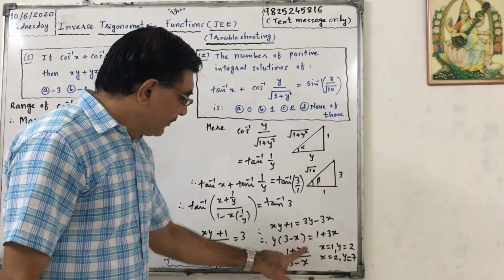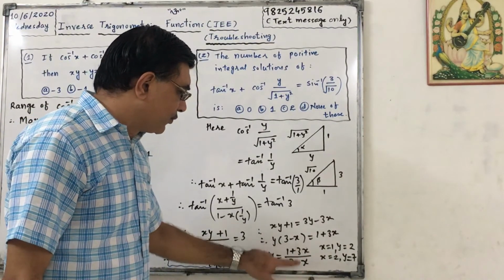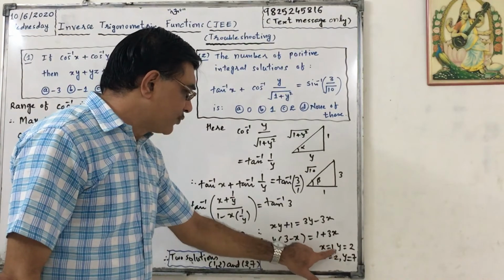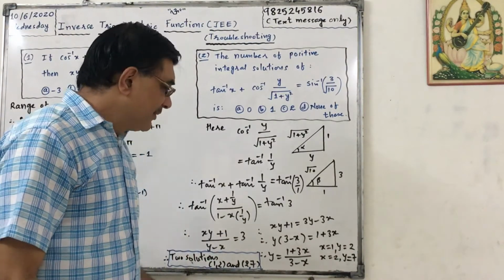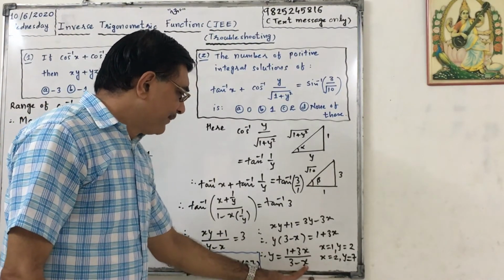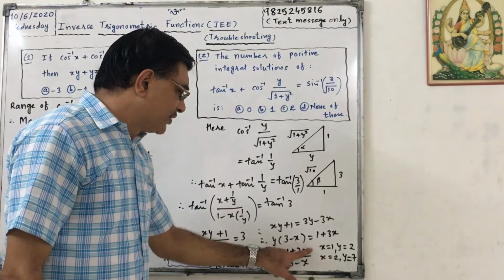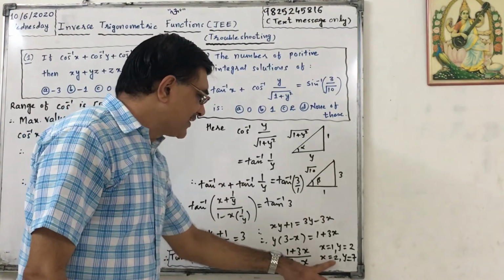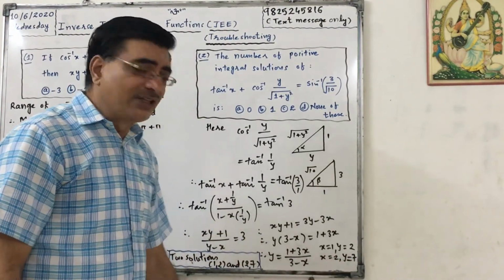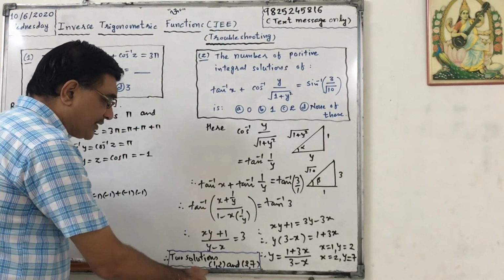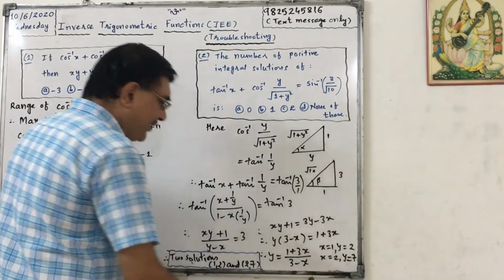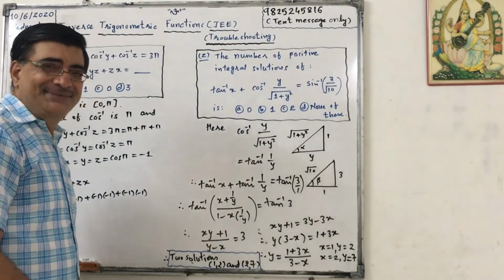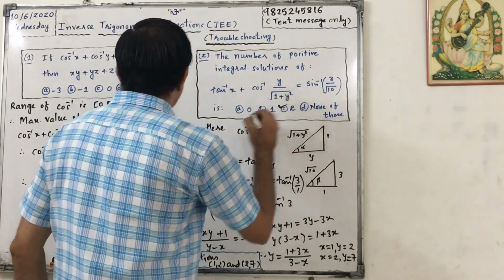So 1 plus 3 upon 3 minus 1, that is 2. So 4 by 2, that is, if x equals 1, y equals 2. Similarly, if I put here 2, then 1 plus 3 into 2, that is 1 plus 6, that is 7, upon 3 minus 2, that is 1. So if x equals 2, y will be 7. So there are two solutions, 1, 2 and 2, 7. So the answer is C. Your answer is